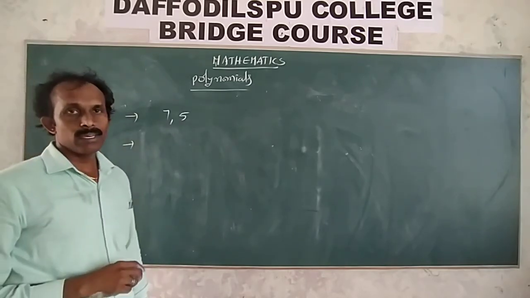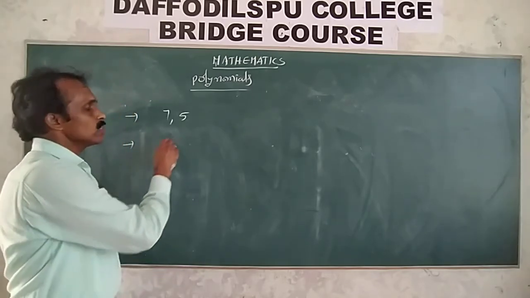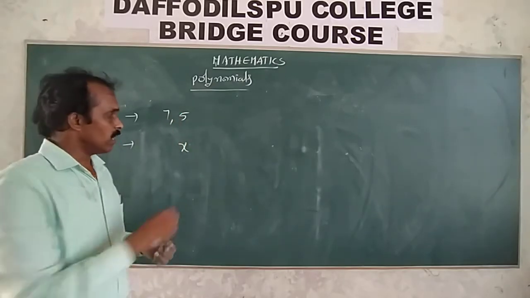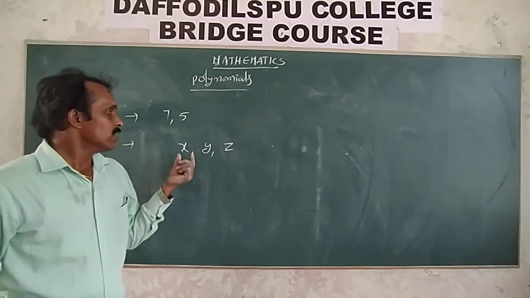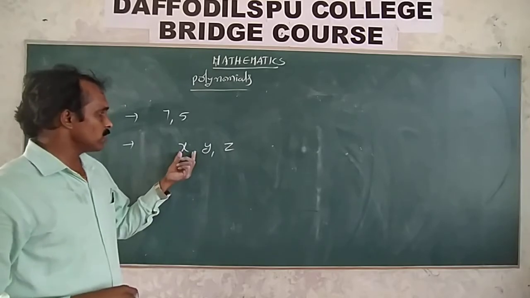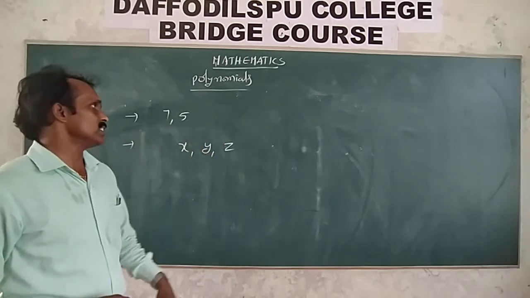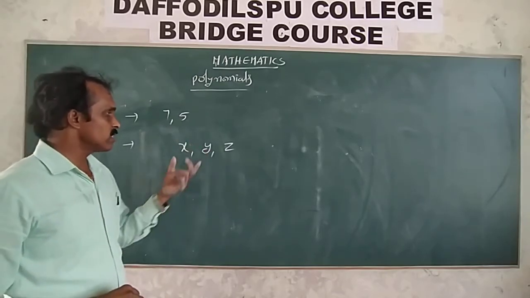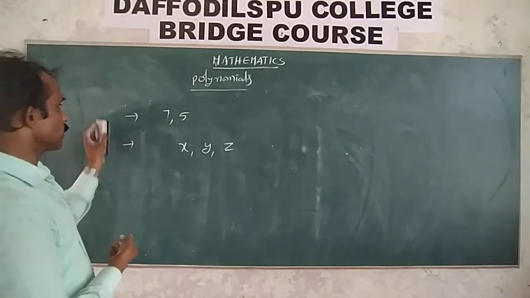A symbol that is assigned different values, that is called a variable. Suppose let it be x. This is a variable, or y, z or anything. The symbol has different values assigned, so when we change these values, the value of x also changes, the value of y also changes. So a symbol with a fixed value is called a constant, and a symbol with different values is called a variable. These are called variables. Okay, right.